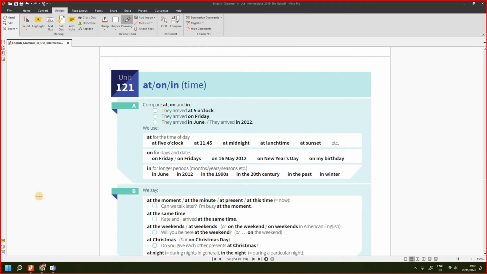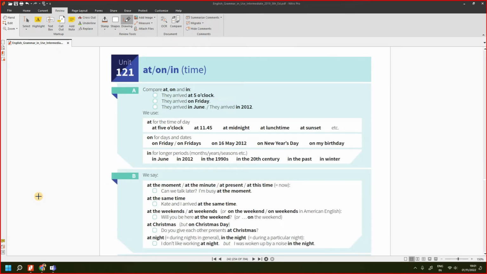Now, okay. Now we are coming to something which is very important, and normally we make a lot of mistakes in these prepositions, but it's very important that we have to know about all these things. These are called basic prepositions in English. Okay, and this is similar for time, place. The same thing comes for place also. Here it talks about time, but you can use the same thing for the place also. Okay, so first thing is we'll see about at.